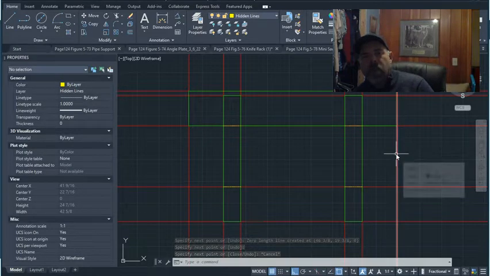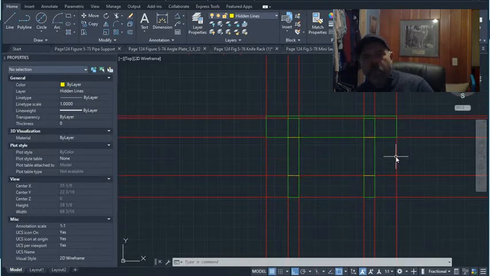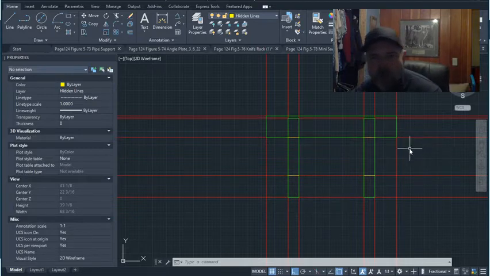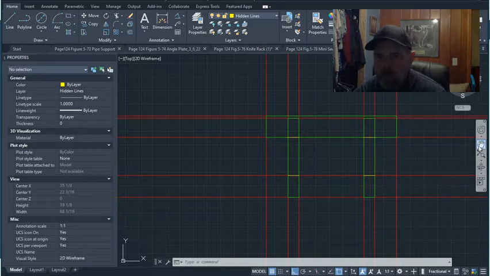Now, primarily, that's all we can do for the front view. Remember, we're doing from the wide side of that. Now, what we're going to do is scoot over and